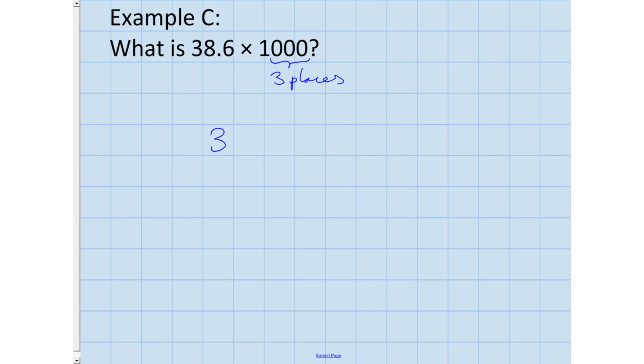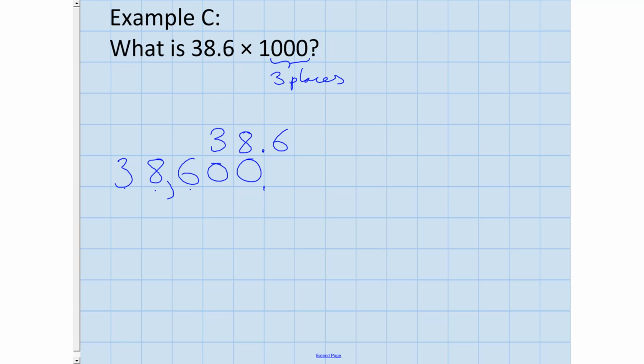So I'm going to copy this number down to start with. Quite handy this because I've got squared paper so I can see the places it needs to move along. So 3 places, instead of the 3 representing tens, 30, it's going to move 1, 2, 3, and end up here. That's representing tens of thousands. Do the same for the other digits. The 8's going to end up here, and the 6 here. And the decimal point is all the way down here, so we need to fill in 2 zeros. And then we can see that's